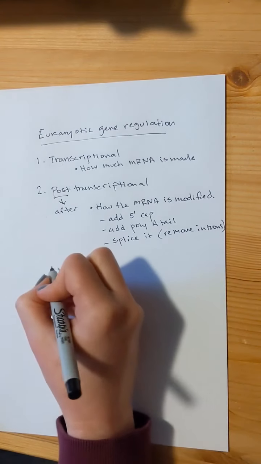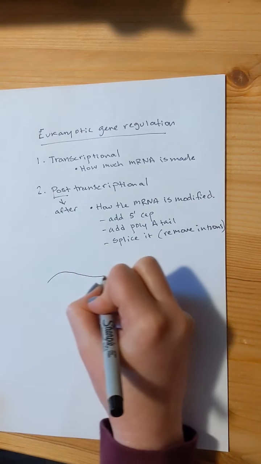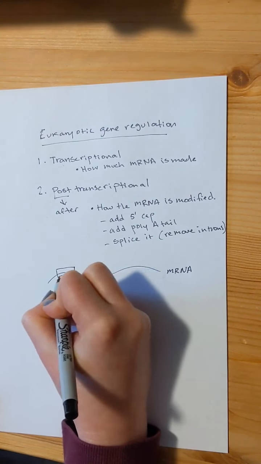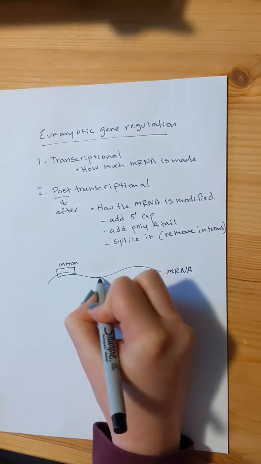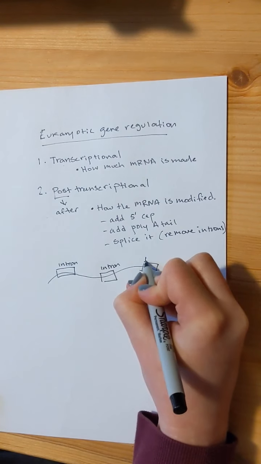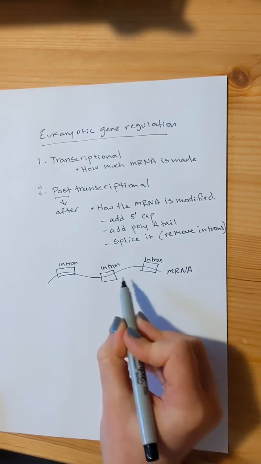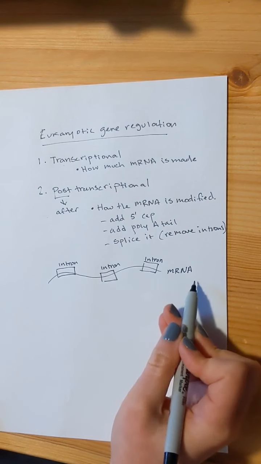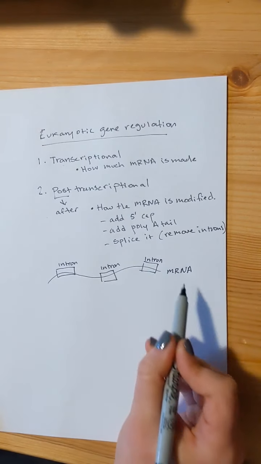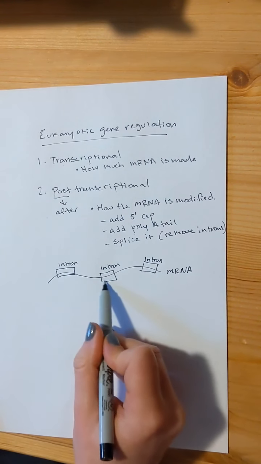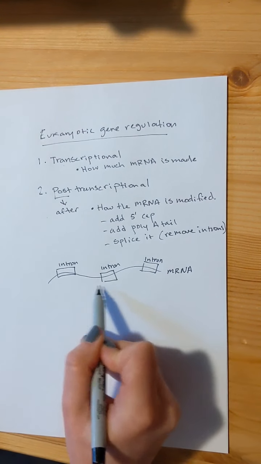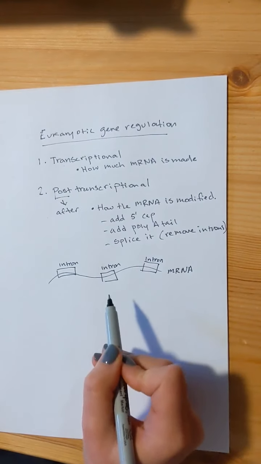Let me give you an example. If I had a piece of mRNA here, and it's got a couple introns, if I were to modify this mRNA to make it mature mRNA and I removed all of the introns, and then another time I wanted to modify it to make it mature, but I only removed this middle intron, or another time I removed it, but then I swapped the position of the exons, each of those would result in